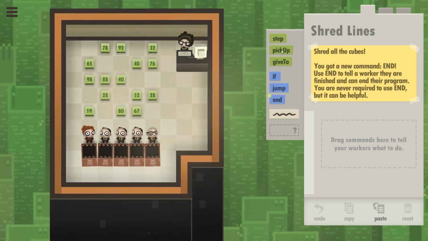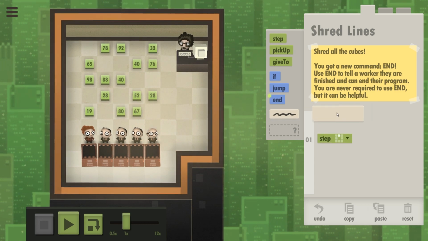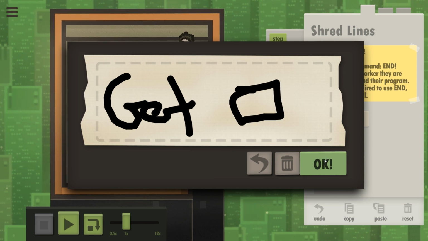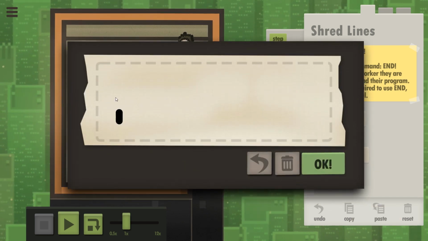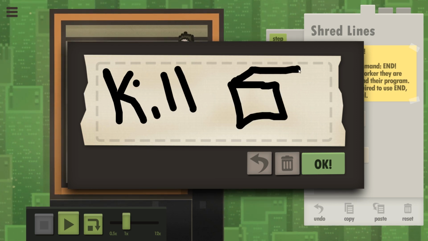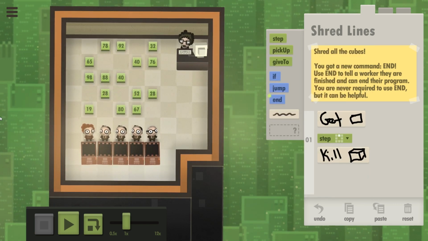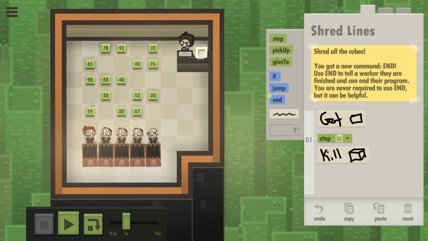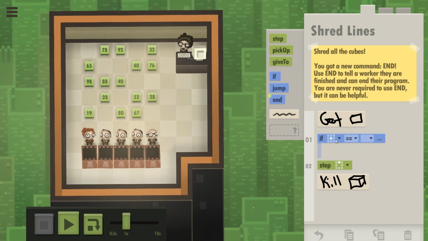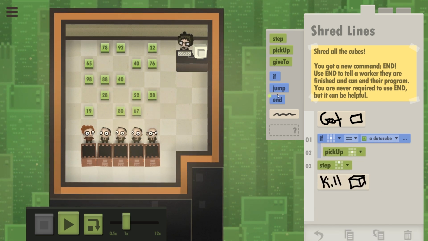So, the way it'll work is we'll just do a step up. We'll have two branches here, which is get cube and kill cube. Basically, in the get cube command, we just keep stepping up until we are on a cube. So if we are on a data cube, we do a pickup. And then,